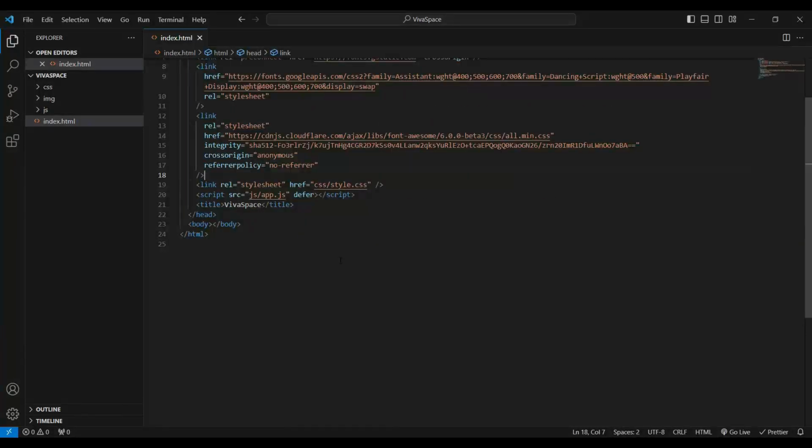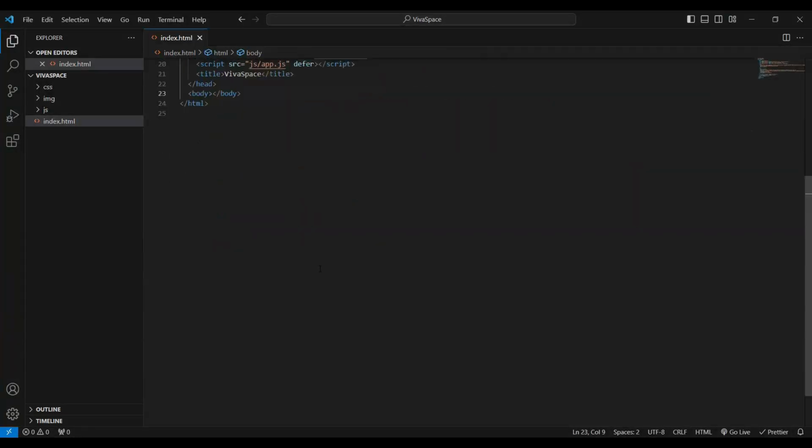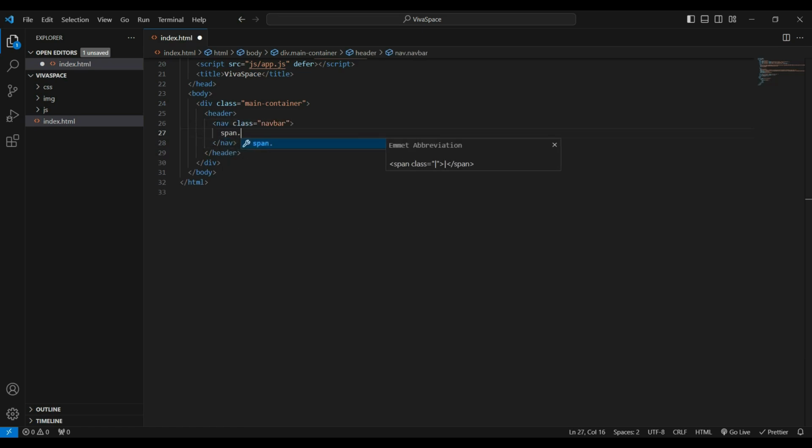And to continue, in the body, I want to wrap everything with a div, which is absolutely fine, or at least from my own research. I give it a class, which is main container, a header, and inside a nav with class of navbar, a span for our logo, and the name is Viva Space, a div for our hamburger menu,